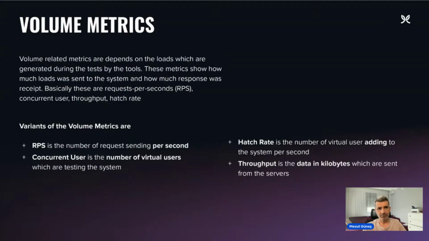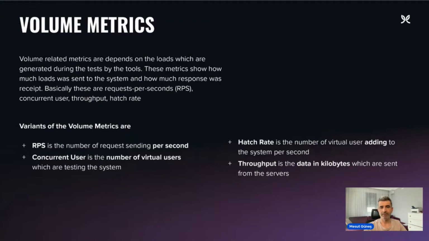And let's talk more about the volume metrics. The RPS is one of the most important criteria. Maybe it is more important than the load, because even if you load a lot into the system, when the RPS is low, it doesn't mean anything. RPS is the number of requests per second that the load testing is sending to the system. And the concurrent user is the number of current